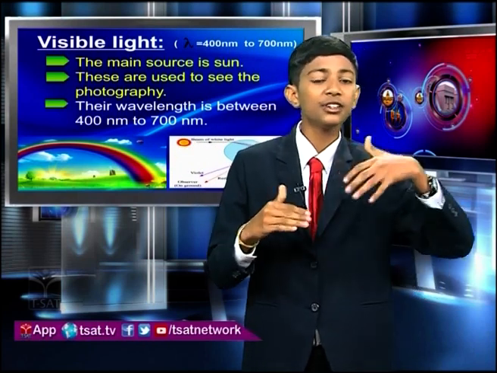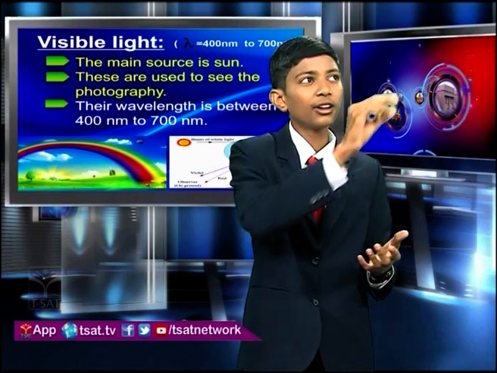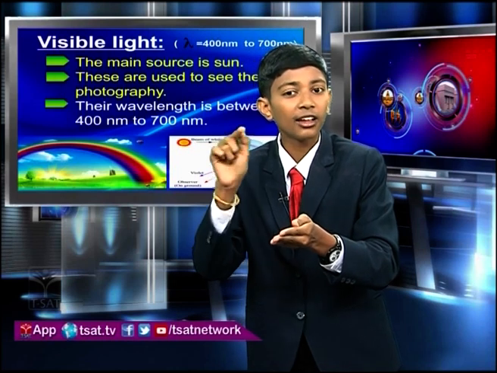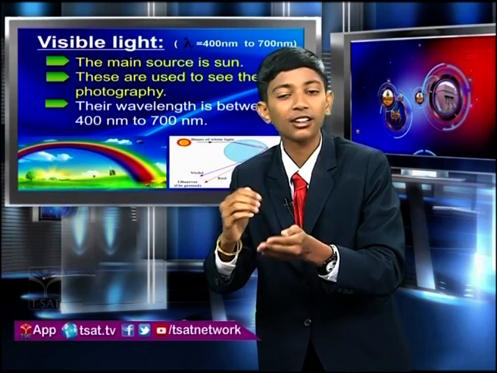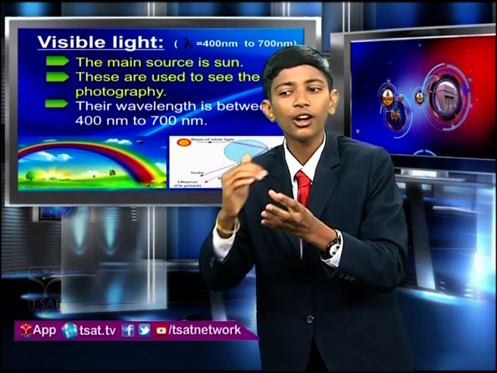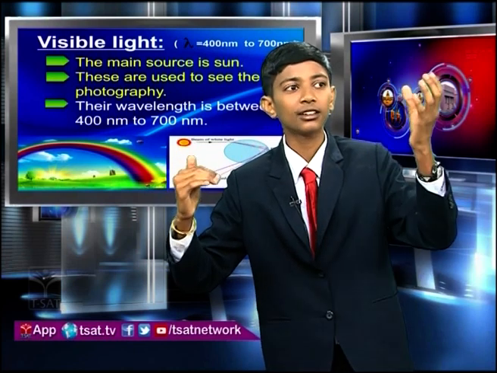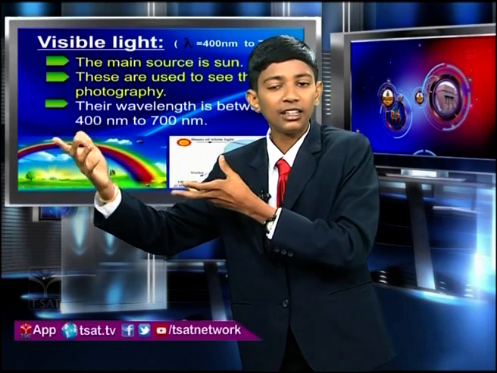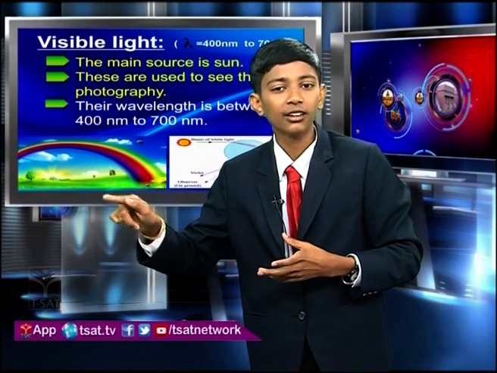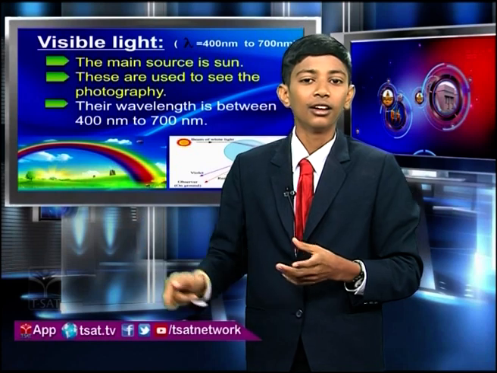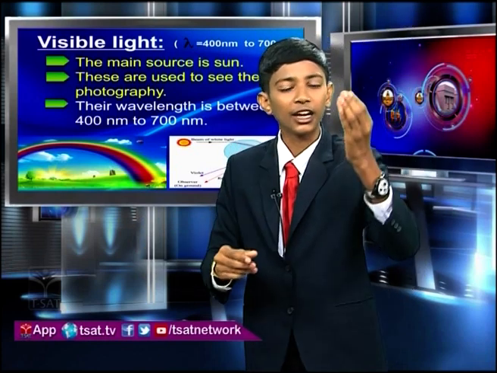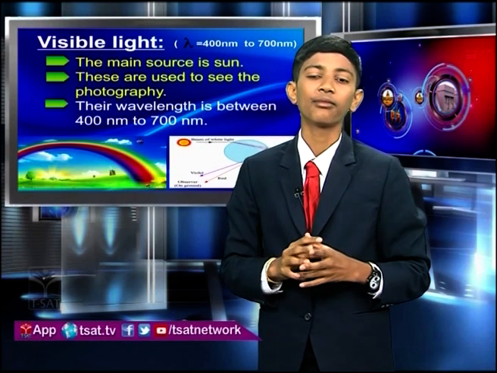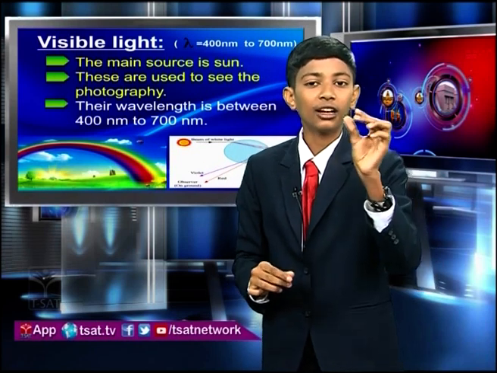And as we discussed before, whenever sunlight or white light falls on a prism, refraction and dispersion take place in that prism. Due to dispersion, the white light splits into a sequence of colors, which is called VIBGYOR. In the same way, whenever rain and sunlight fall at the same time, whenever